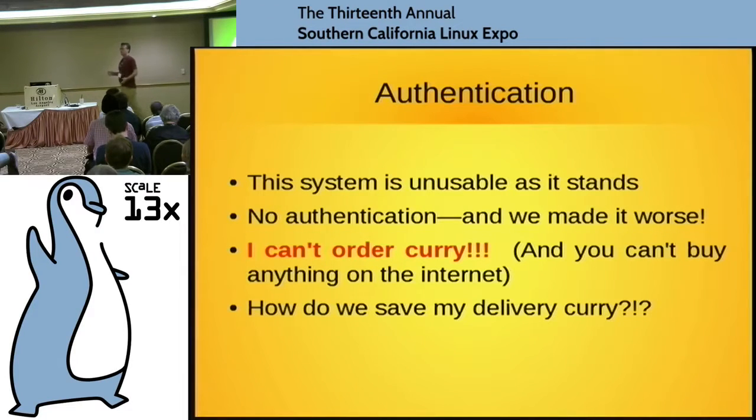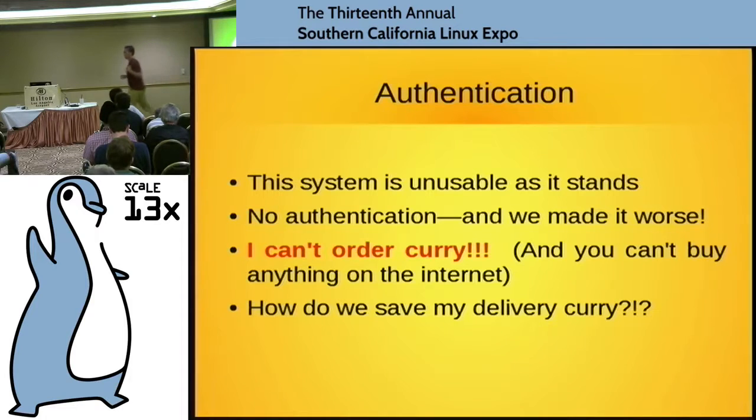Now, for symmetric ciphers, they actually come with a kind of rough and ready implicit authentication, because the only way to send me an encrypted message is to know this shared secret. So I know I'm communicating with someone with the secret. And if I'm smart, maybe I'll have a key pair that I hand out to people individually. Yes? And if that is compromised, I have bigger problems than just authentication. But now we're handing it out. And now the entire world can pretend to be whoever they want, and I have no idea. So the matter of fact is we can't use this to do anything, and certainly not e-commerce, which leads to total catastrophe. I can't order curry over the internet, okay?